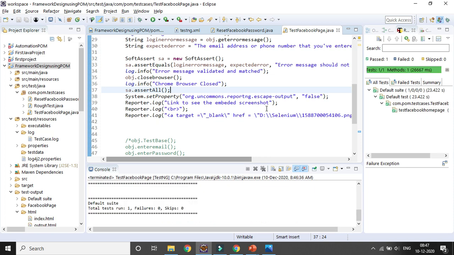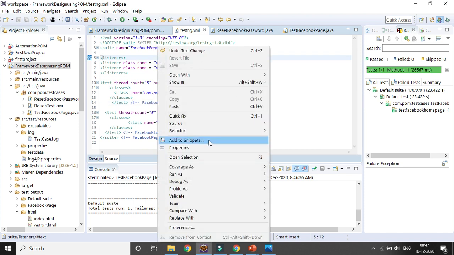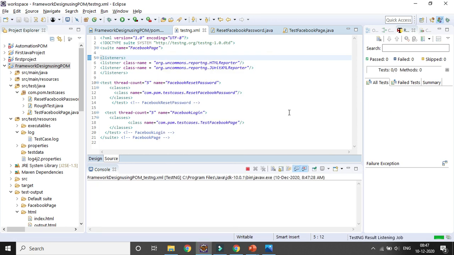One test case executed and it got passed. Because I have run from here, from the test case level, only one test case executed, but it will not help because I have to use the listener class. So I have to run it from the testng.xml file. I will run it once more with the help of testng.xml. Otherwise, the listener class will not be used, so the report will not be concrete, because you have to use the listener class.